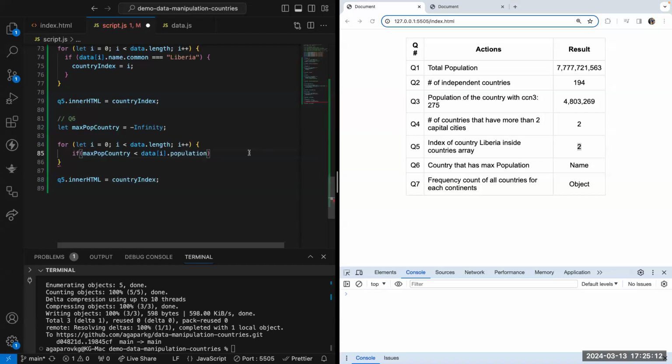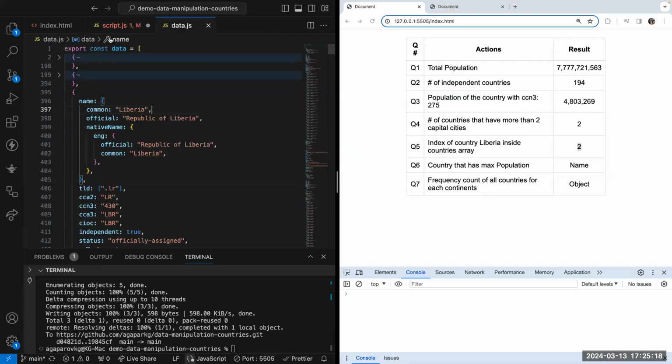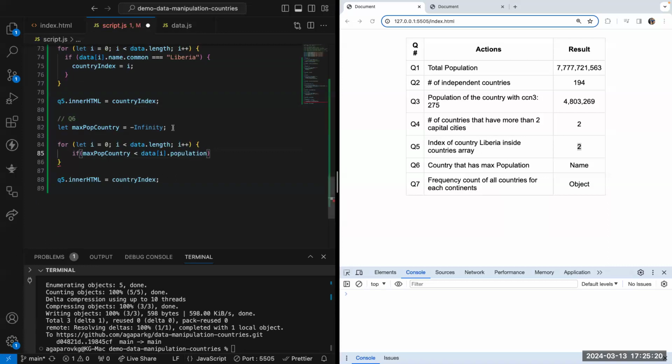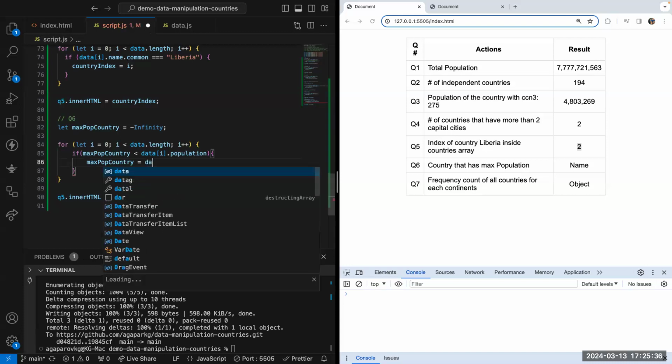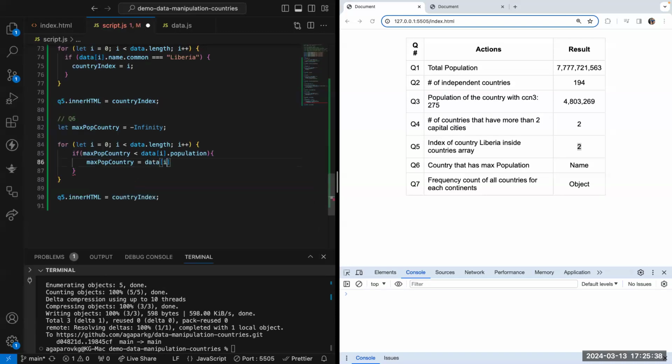If max population country is less than the first country that we meet, in the first loop, i0, first country, in that case, if it's bigger, if it's yes, then we need to grab this population and assign it to maximum population country. data i